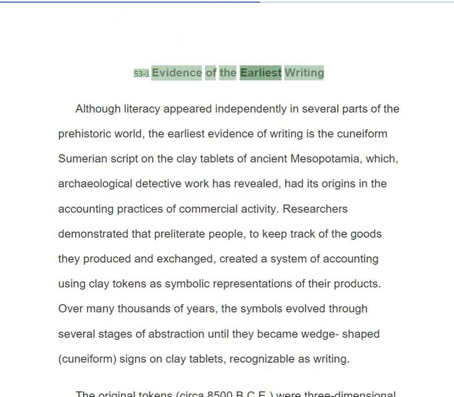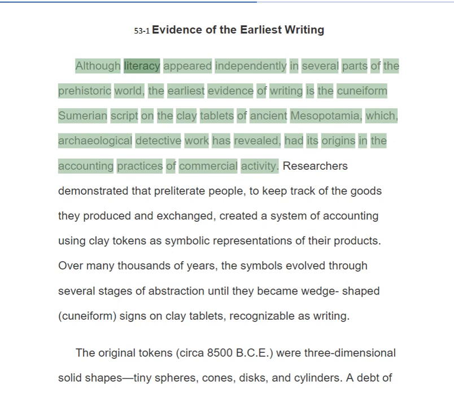53-1 Evidence of the earliest writing. Although literacy appeared independently in several parts of the prehistoric world, the earliest evidence of writing is the cuneiform Sumerian script on the clay tablets of ancient Mesopotamia, which, archaeological detective work has revealed, had its origins in the accounting